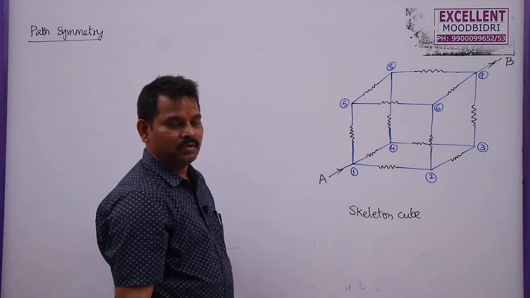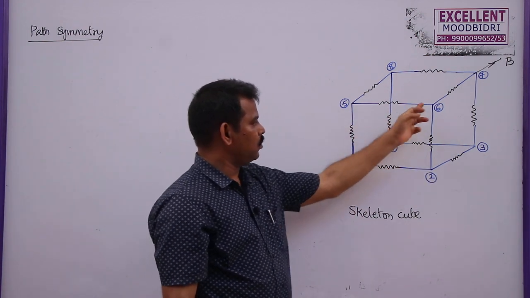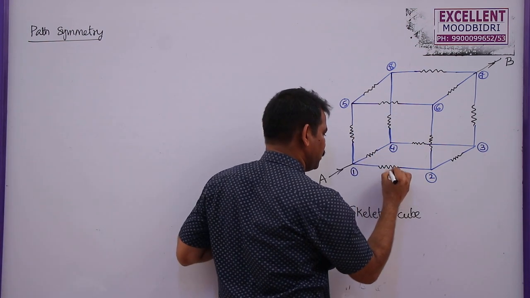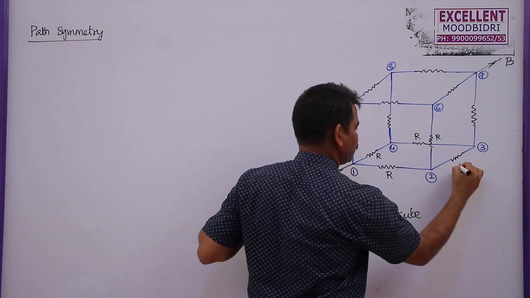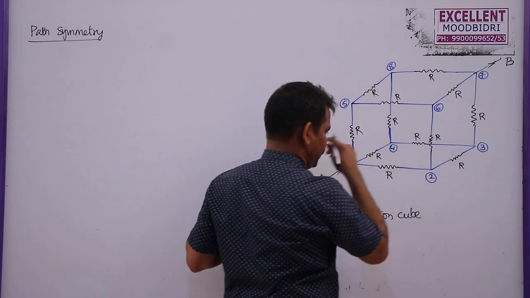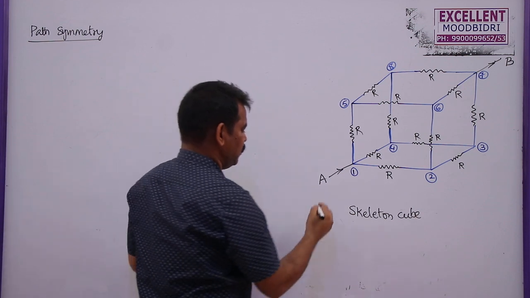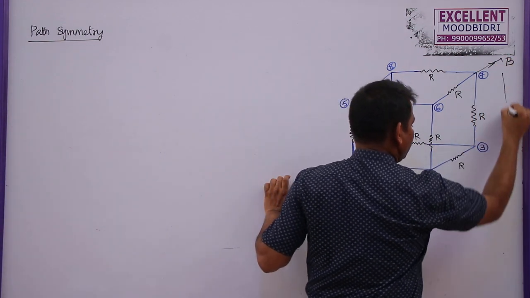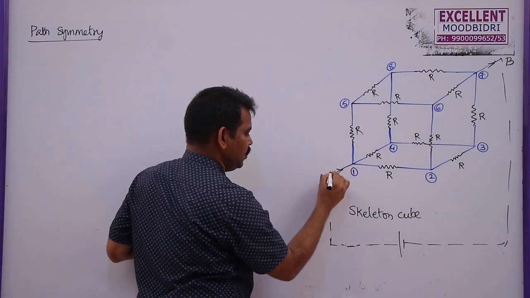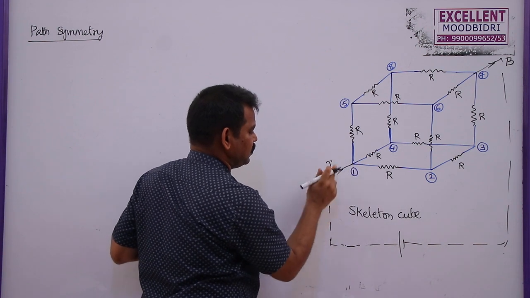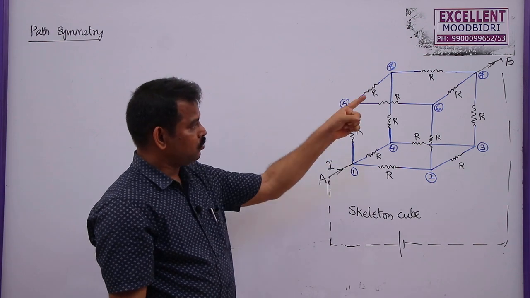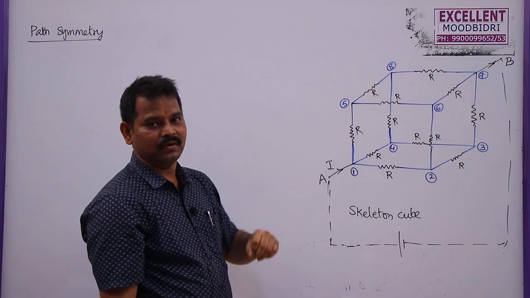In the skeleton cube, you can watch 4 resistors at the bottom, 4 resistors at the top, and 4 more resistors in the vertical direction. So let us say the resistance of each one is R. What is the resistance between points A and B? To find the resistance, first of all, we have to assume that both A and B are connected to a battery. So this is the battery. Let us say the main current coming from the battery entering this point 1 is I. Now for this current to travel to point B, or point 7,